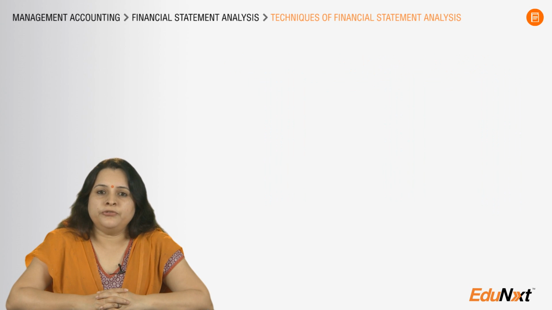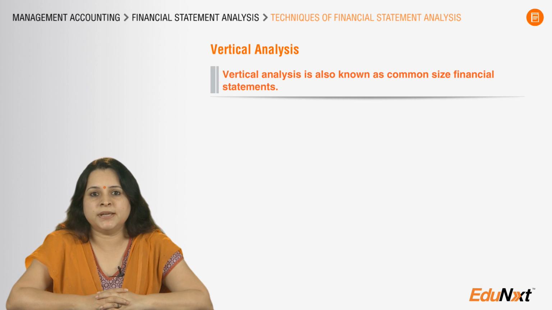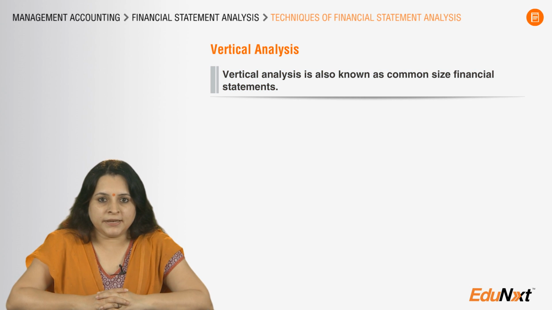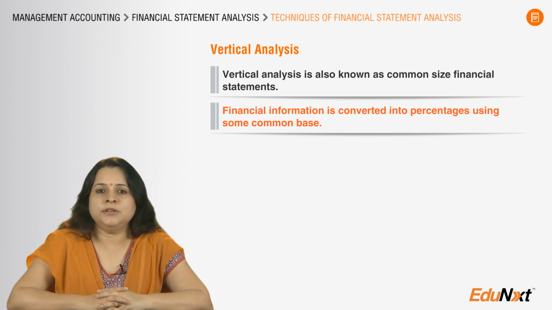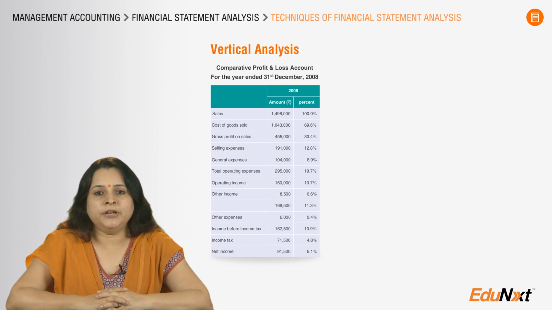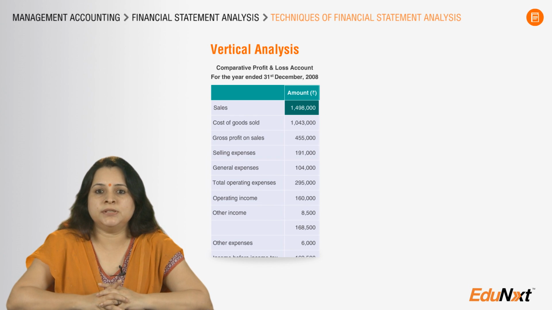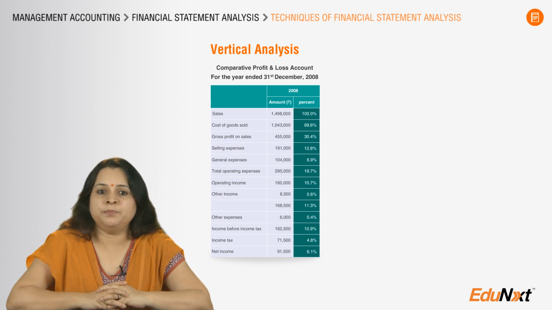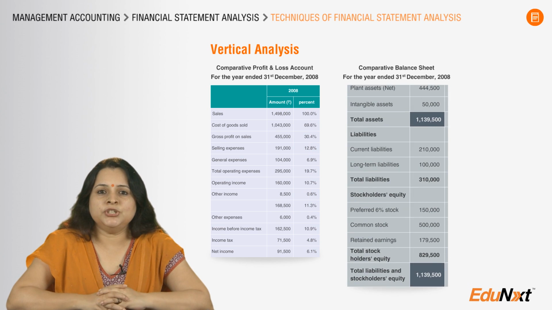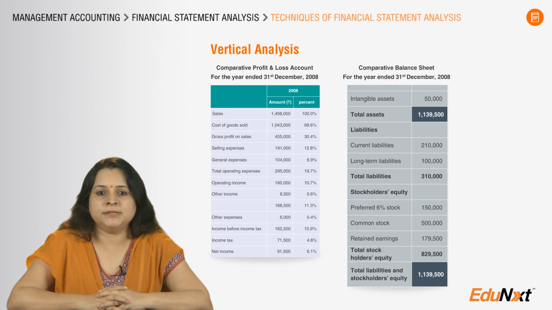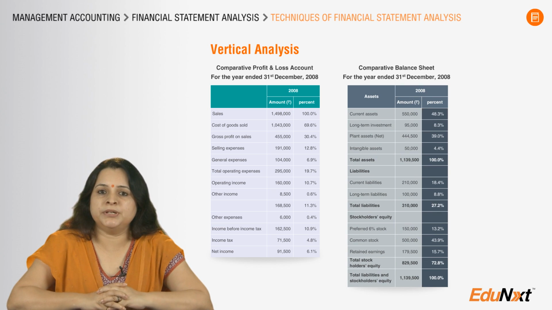The third technique of financial statement analysis is what is known as vertical analysis or common size financial statements. In this technique, financial information is converted into percentages using some common base. In the profit and loss account, the sales figure is assumed to be the common base and all figures are expressed as a percentage of this total. In the balance sheet, the total is assumed to be the common base and all assets and liabilities of the company are expressed as a percentage of this